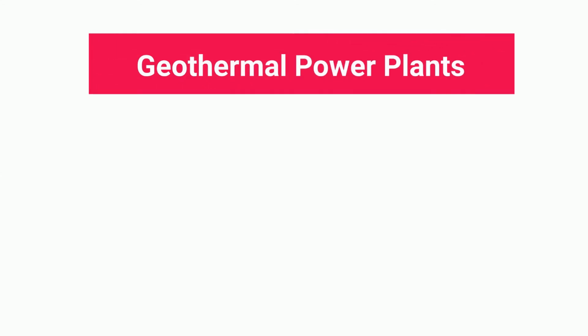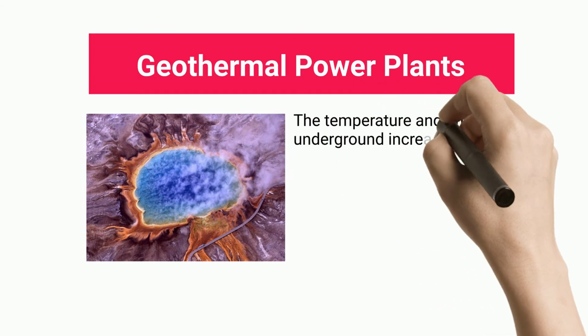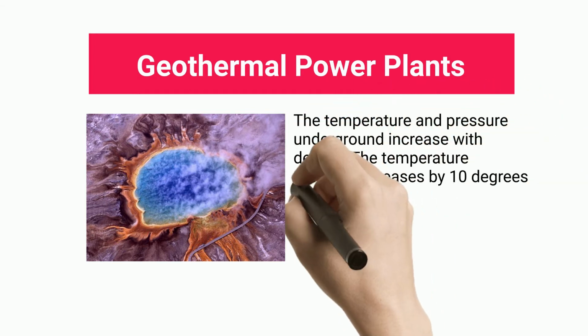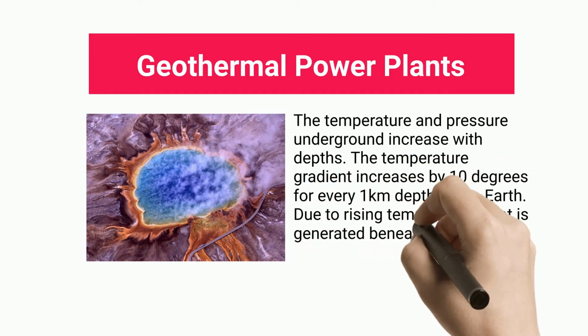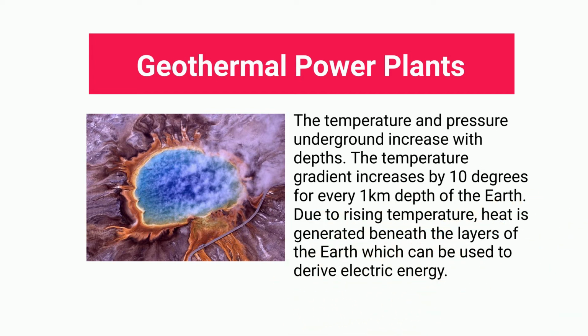Geothermal power plants. The temperature and pressure underground increase with depth. The temperature gradient increases by 10 degrees for every 1 kilometer depth of the Earth. Due to rising temperature, heat is generated beneath the layers of the Earth, which can be used to derive electric